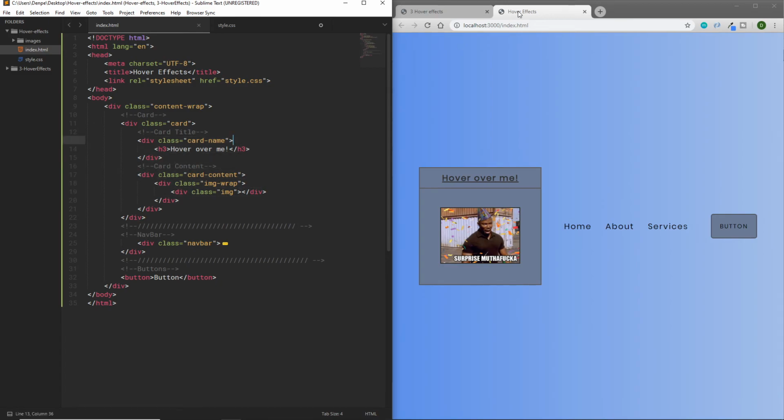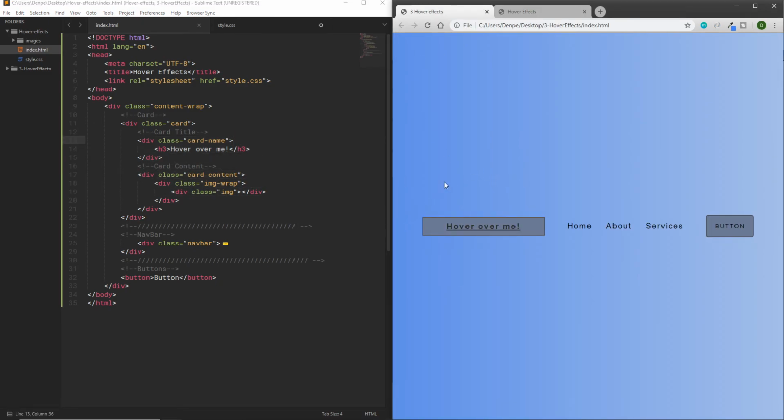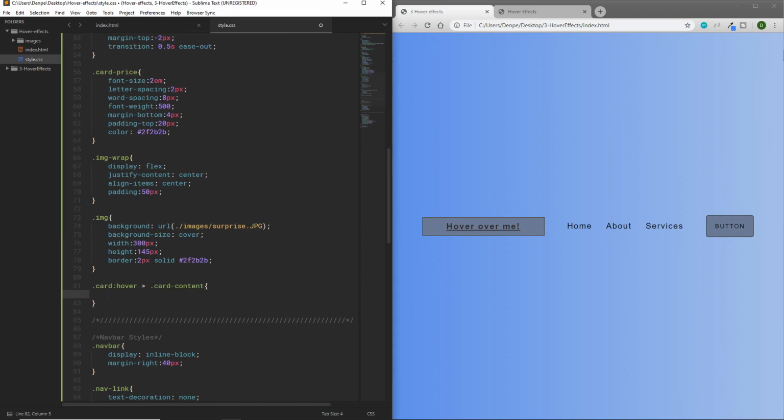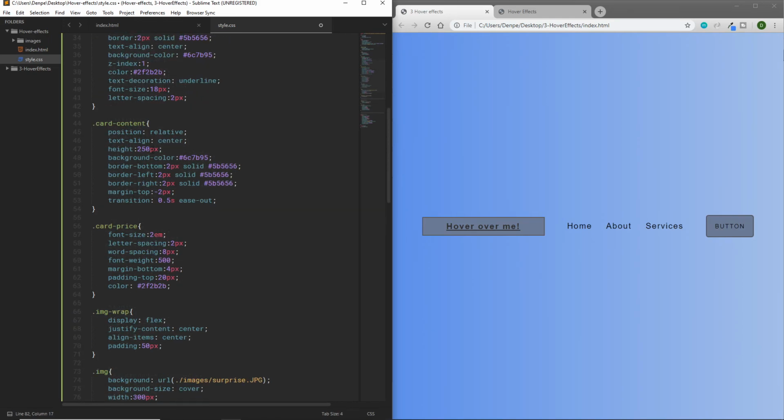So as in the final design, we want to basically target the card, and when we hover over it, the card element is going to pop up, okay? And that's how we do this with this arrow here. It allows you to hover over one thing and target another element as you go. So all we got to do here is just change the height to 250 pixels. And if we scroll back up to the card content and change the height here to 0, it basically just